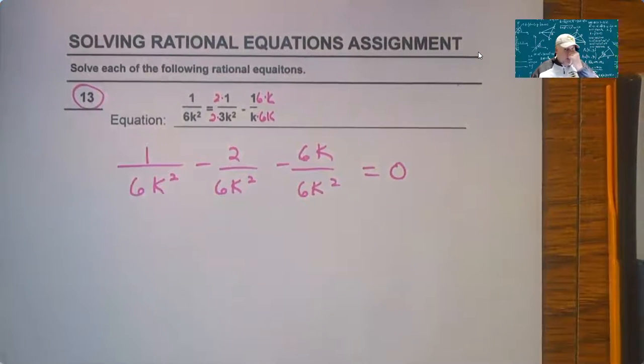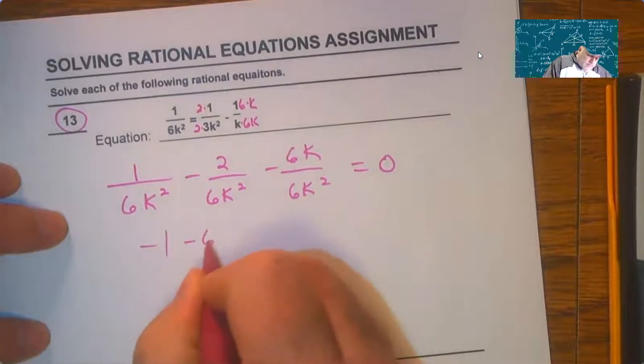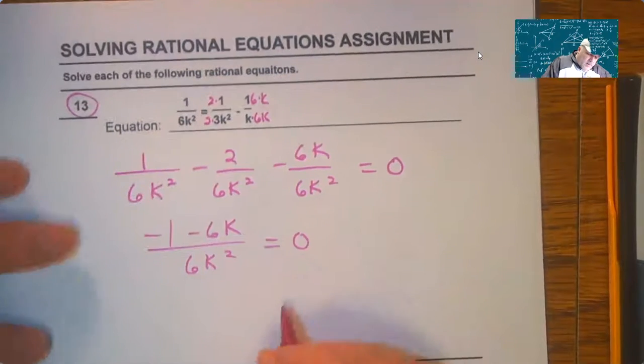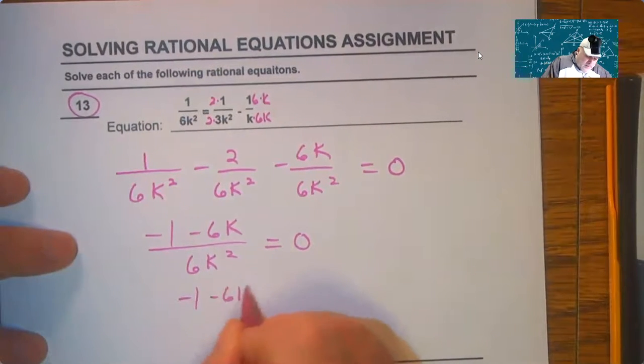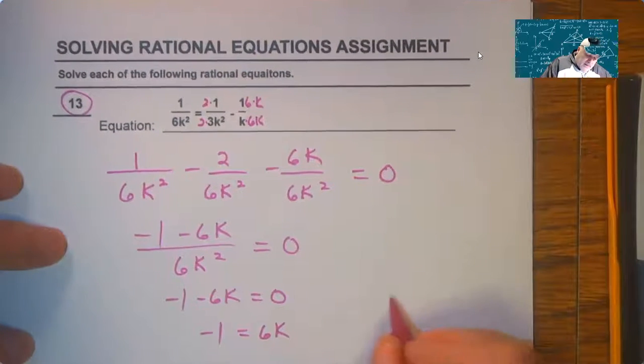So you have to figure out what you're missing. Now I try to create the least common denominator. There are other common denominators you could create, but 6k squared is the smallest. So you take this equal to 0, divide by 6,